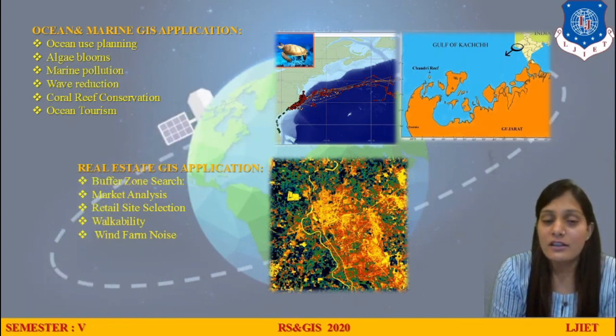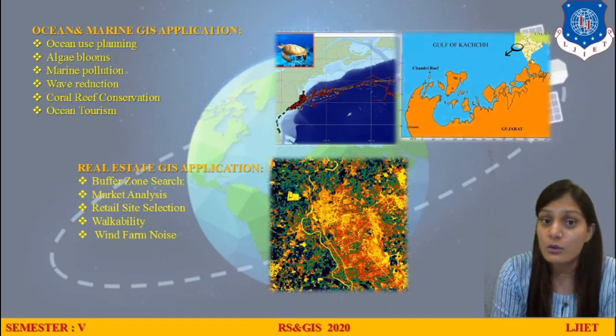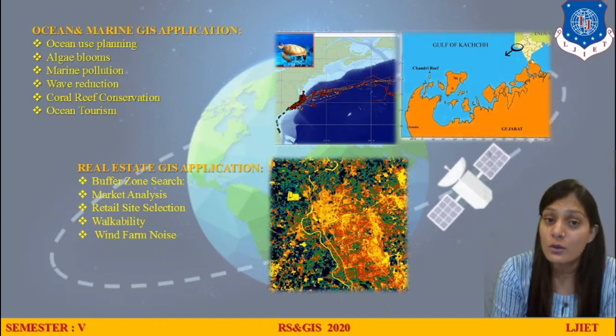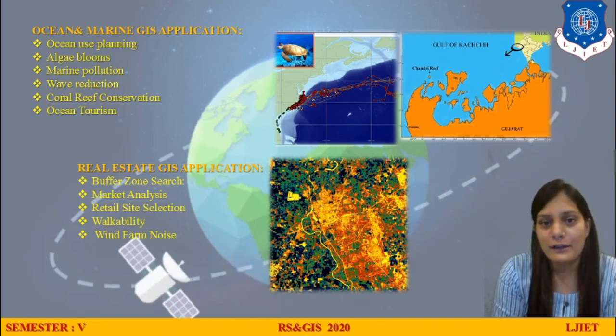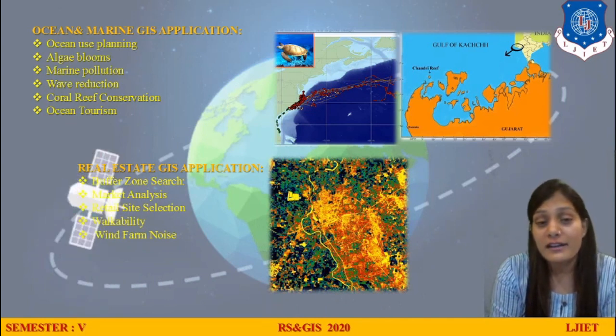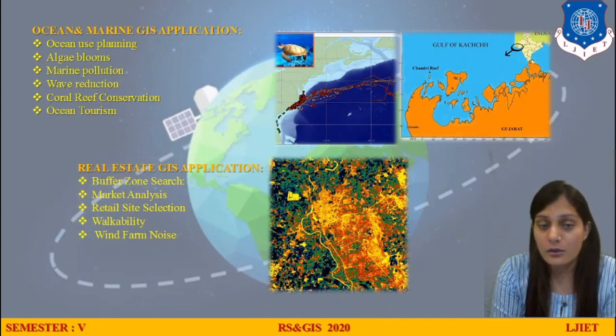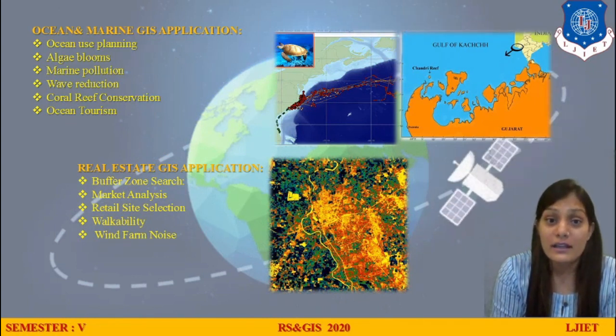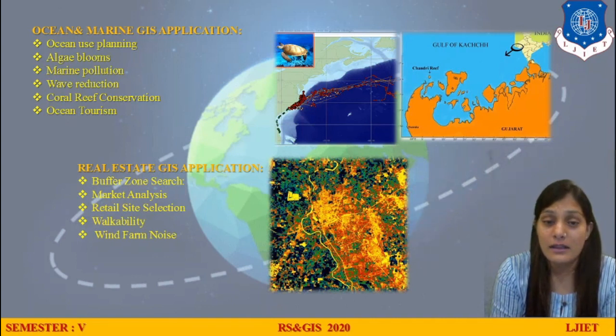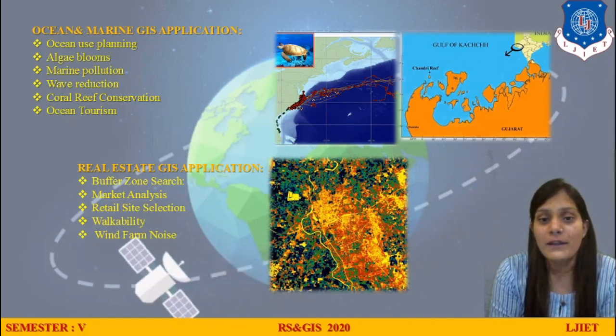So basically the wave intensity is more under the water, and then we can reduce that. How can we do that? By constructing some things. But if I want to construct underwater, I need to have many policies and many technologies for it. Coral reef analysis right now in India is trending, because coral reefs are the ecosystem that is maintaining our whole climatic conditions and cultures of our country.